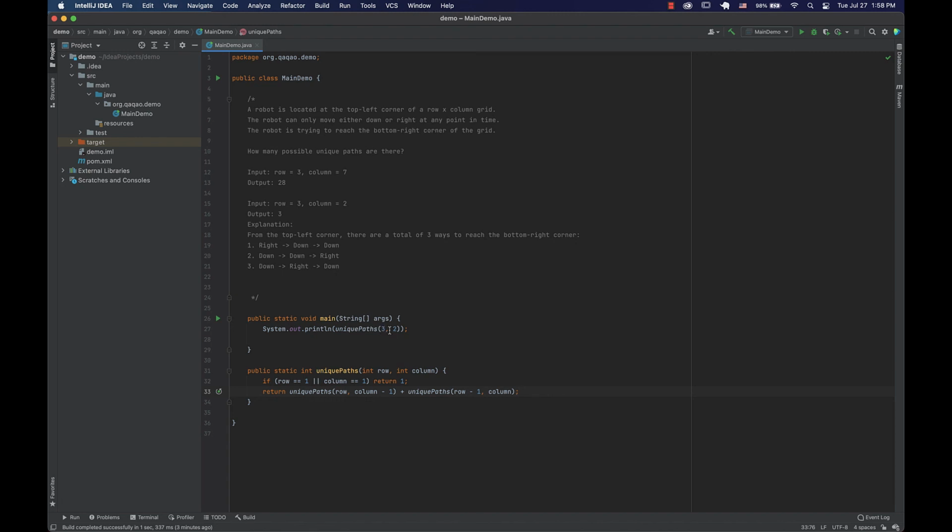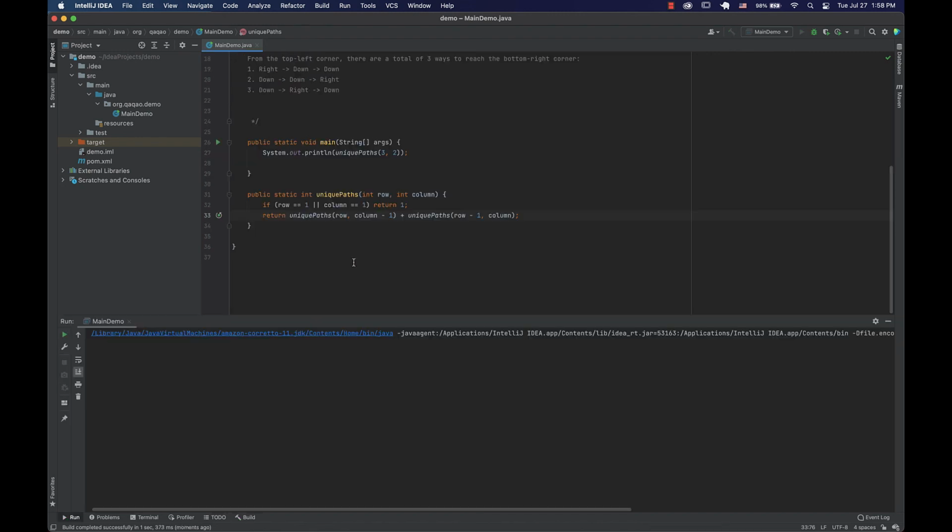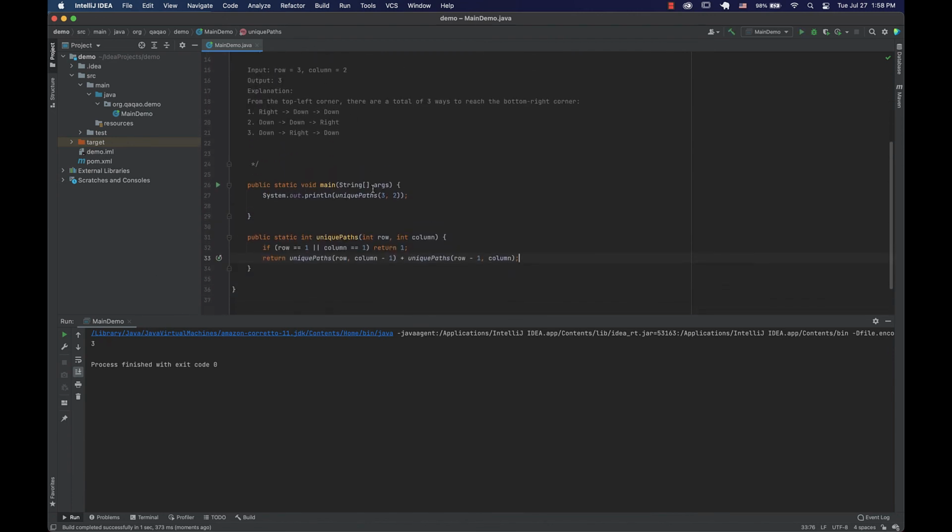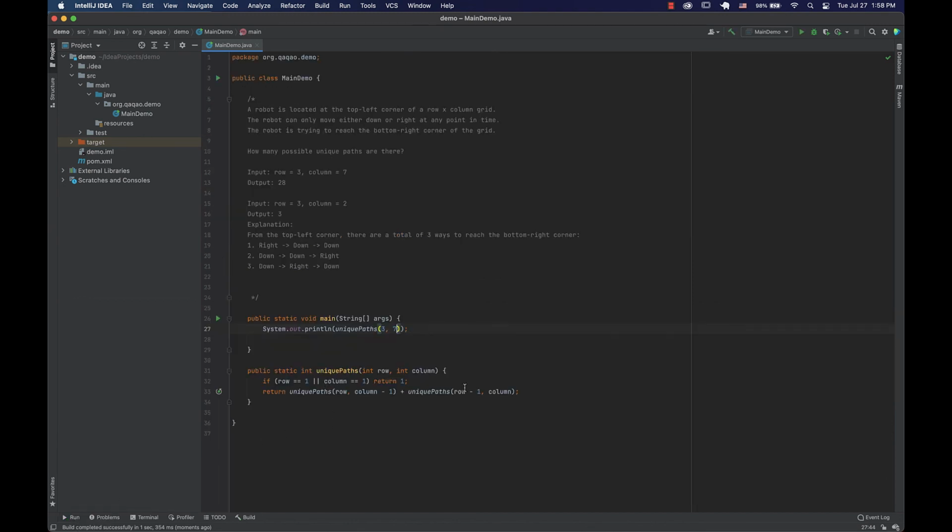I give it a grid with size 3 by 2, 3 rows, 2 columns, and the expected output is 3. Now let's give it grid 3 by 7, and our expected output is 28. So this is the recursion approach, a little bit more conservative in terms of number of lines of code,